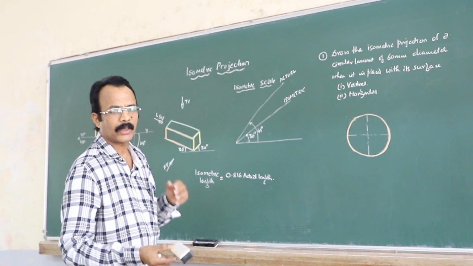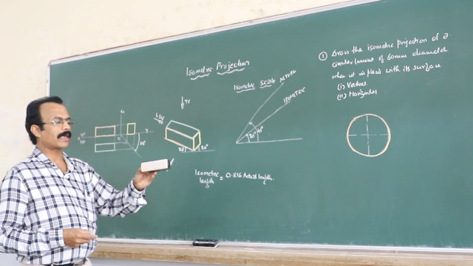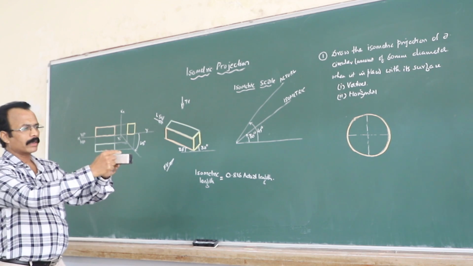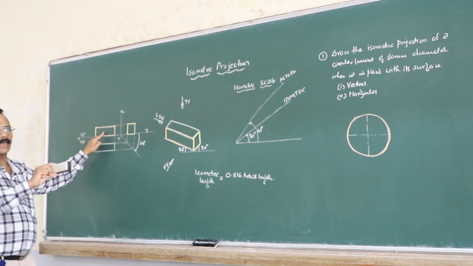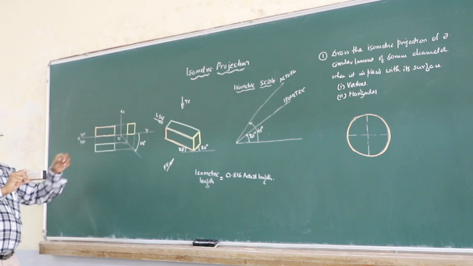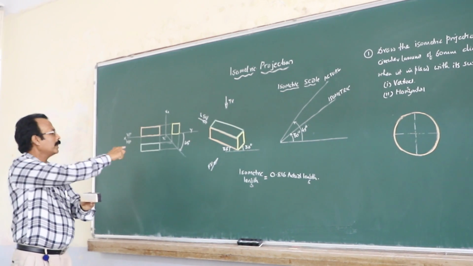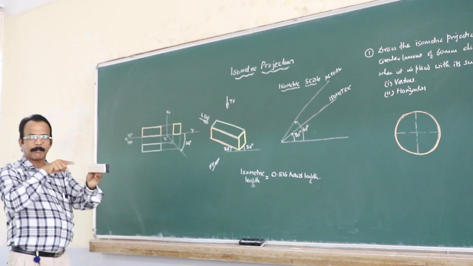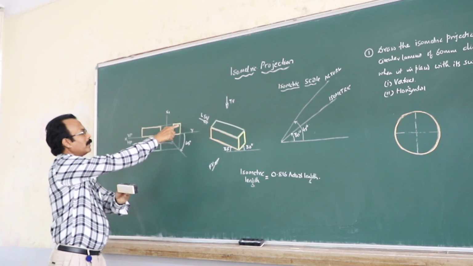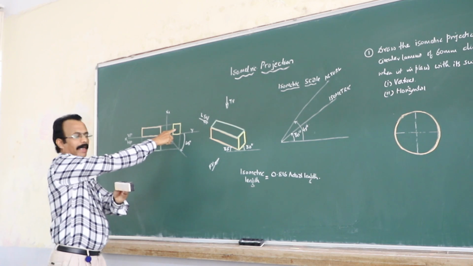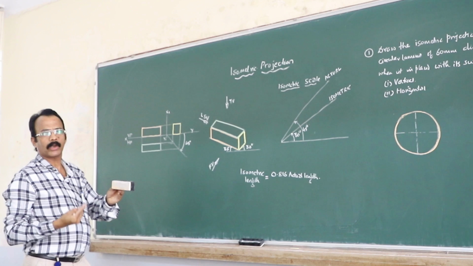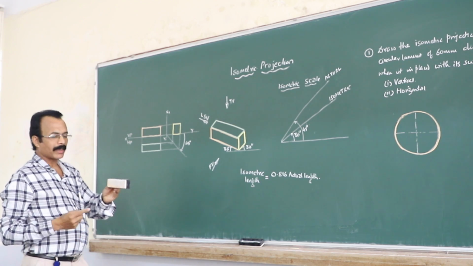See, what we have done in orthographic projection, for example, if we take this duster, when you look from the front, the view will be drawn here like this. It is a rectangle. When you take the top view, you will get another rectangle here. And when you take the side view, for example, the left side view, it will be drawn here on the right profile plane. So, these three views have the true shape or the true length, right?